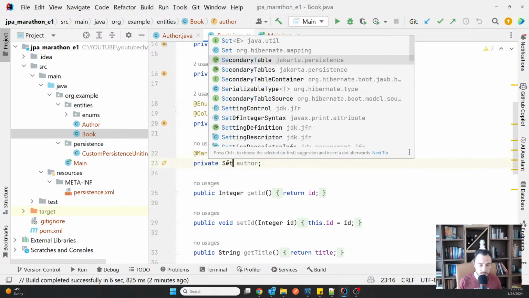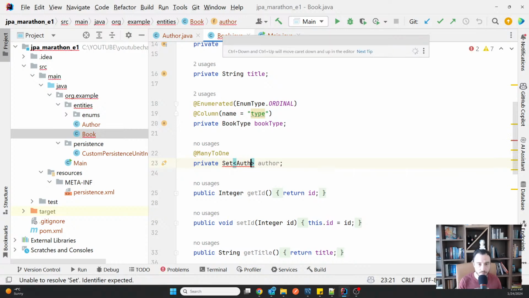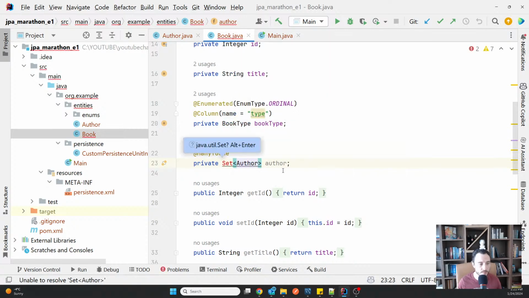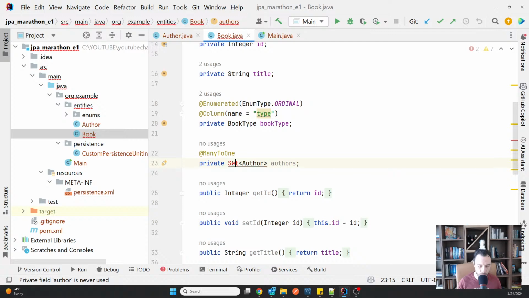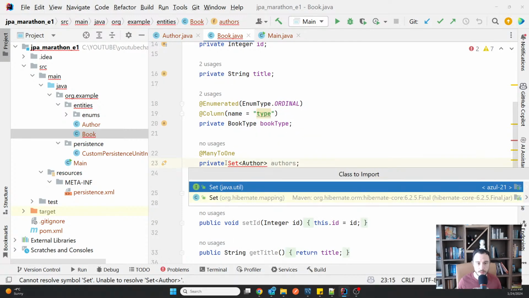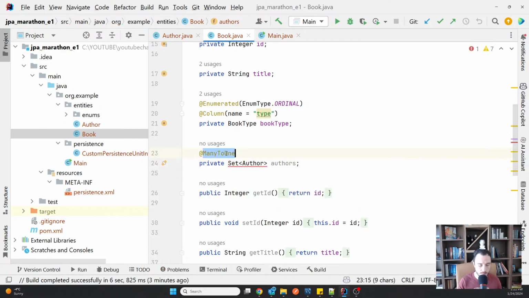Now, if it's a many-to-many bidirectional, I can go like this, author. And then, of course, many-to-many, sorry.